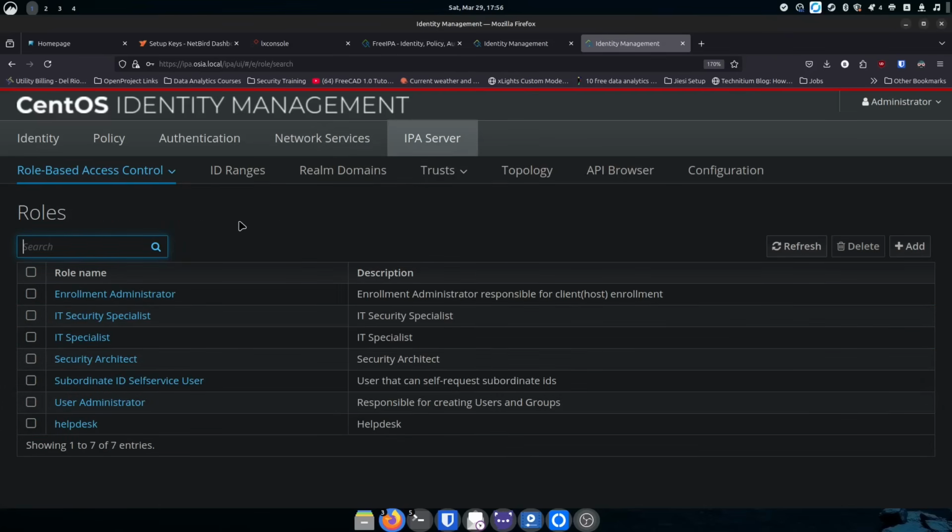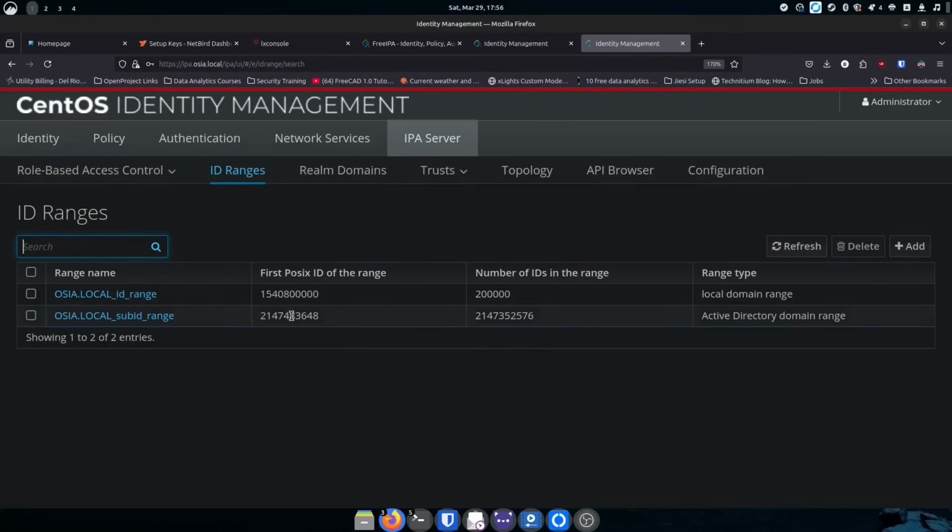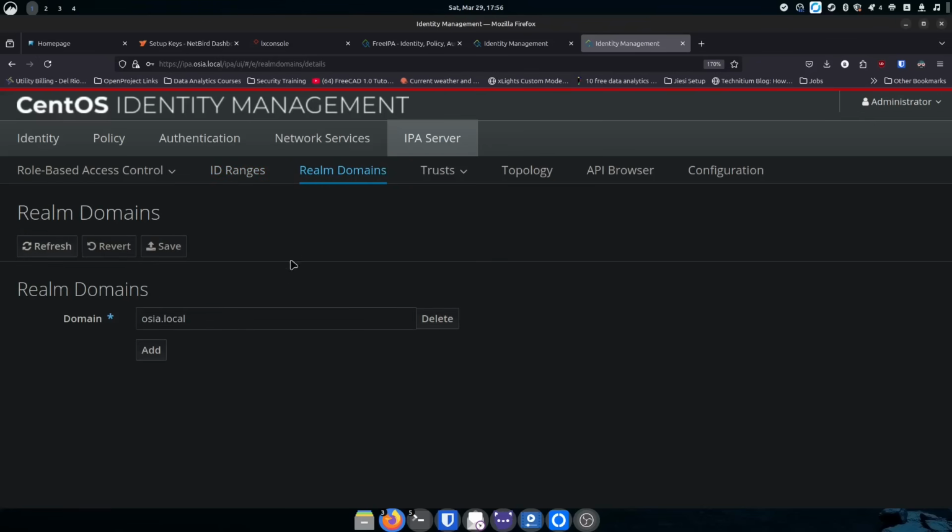The IPA server itself, so you've got role-based access control. So what can each of these roles do? And then if you're creating roles, what can those roles do? You've got your ID ranges that you can set up. It's not something that I change, but do know that you do have the ability to go in here and do that. You've got realm domains. So these realms that you create can allow people to log in for different purposes and can kind of allow you to categorize where people are logging into or for what reason. It's not really a multi-tenant system, but